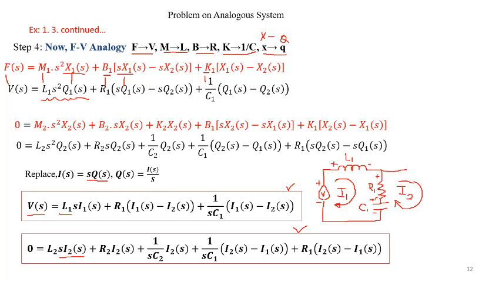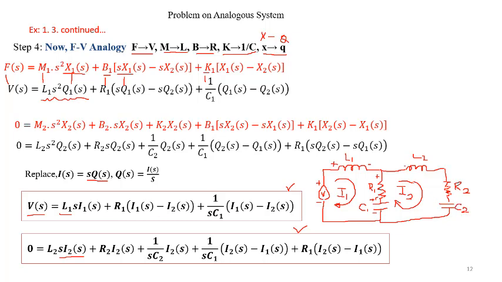So this one will be the coil. So this is L2. Next we have R2, so this is in series. So this is the resistance. Next we have C2, capacitance. So this one will be capacitance C2. And next we have the common element, which is C1 and R1. So this is the common element. So we will write this here as R2, and this one we write as C2.